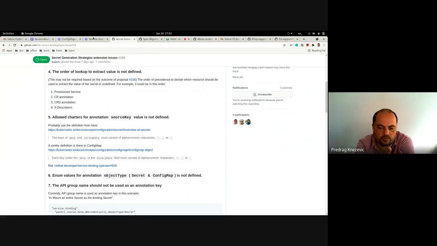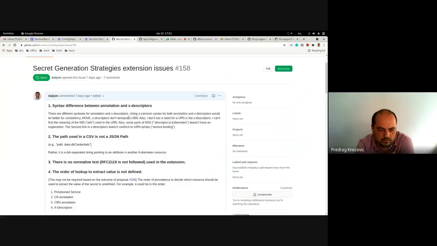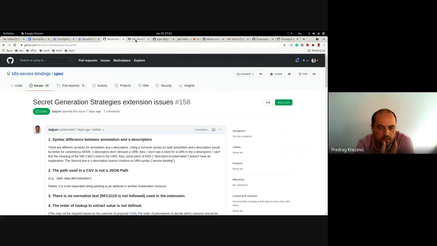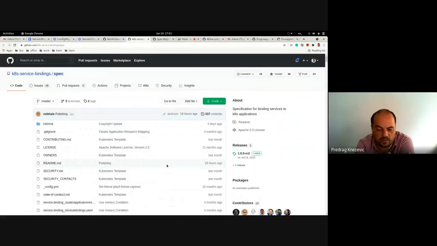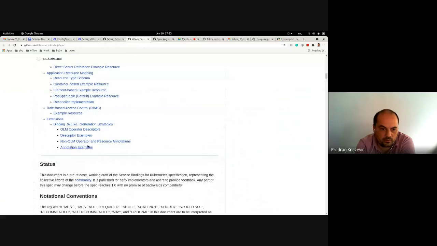What is important to understand in the spec is the semantic of the source key value. Is it a path, or is it just the key name? Can you double check in the spec and then come back and write it out? If it's just the key name, then we can clearly identify this as a bug.